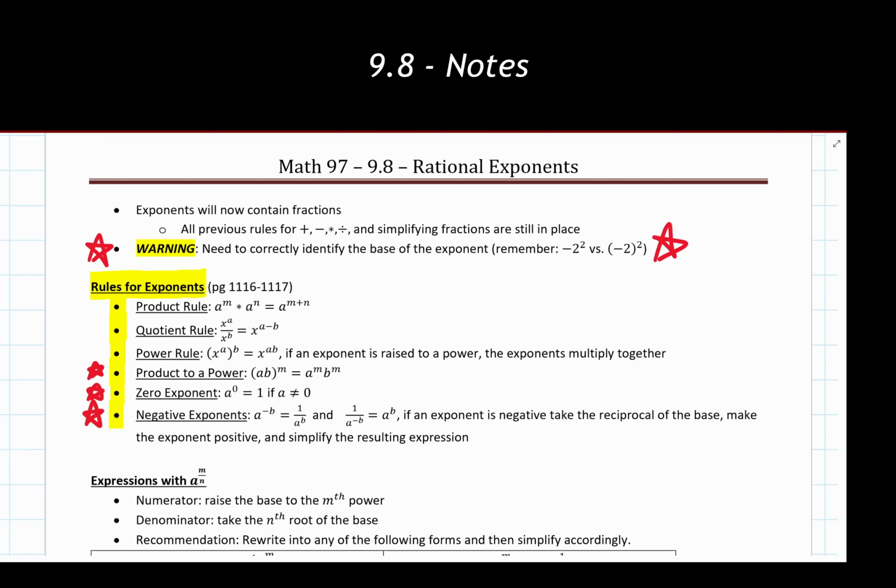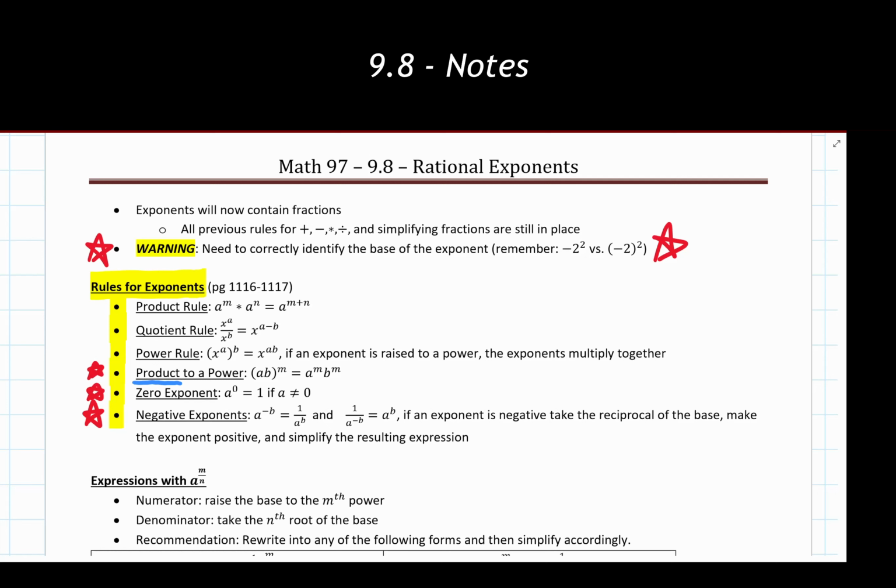It should be stated, as it says in the name, but I'm trying to emphasize this, this only works if I have a product that is raised to a power. This does not work if there are two things inside here, let's say A and B, and they are adding or subtracting together. Otherwise, we can't use this at all. A lot of people attempt to do that, and it gets them in trouble, and we get wrong answers from there.